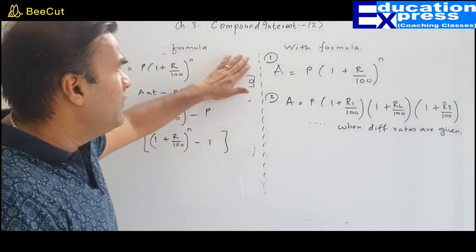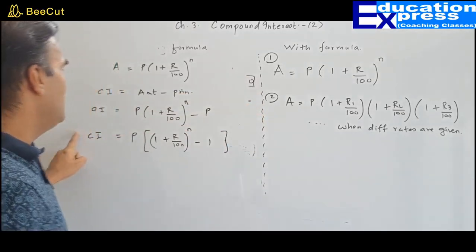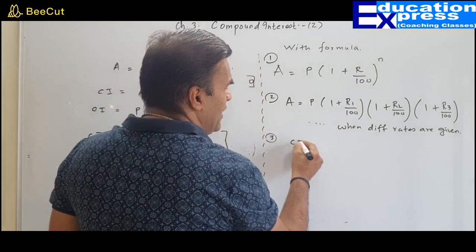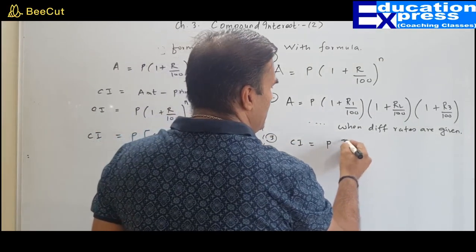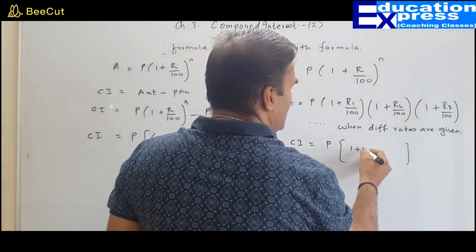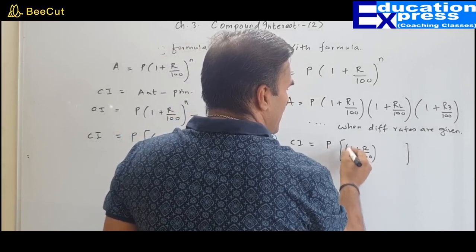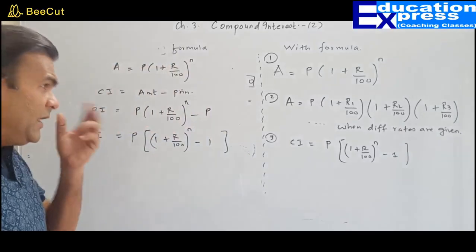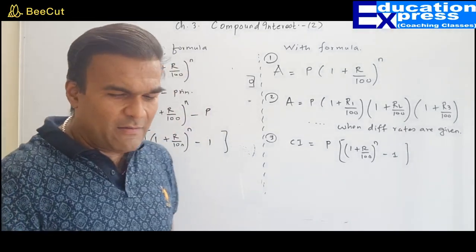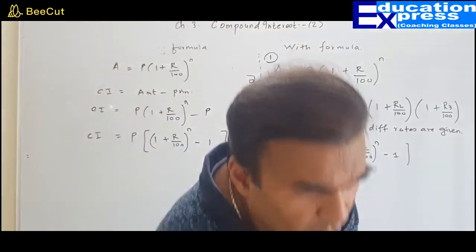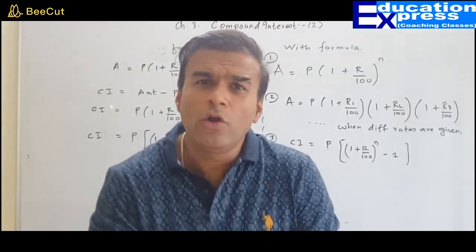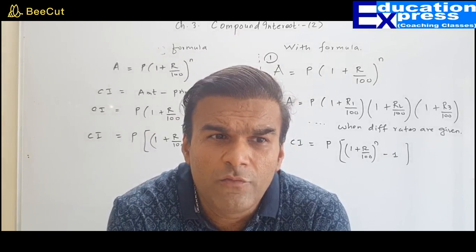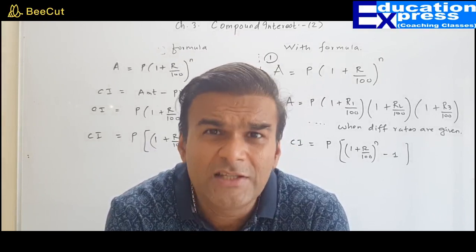So far we have done the first formula, second formula, and the third one. The third one is this, which I will list out over here. If you want to go directly for compound interest, you can simply say P (1 + R/100)^n minus 1. Alright, then after that, what else? The last part. There are two more formulas altogether in compound interest. And trust me, those are also based on what we have done so far. So there is nothing new.